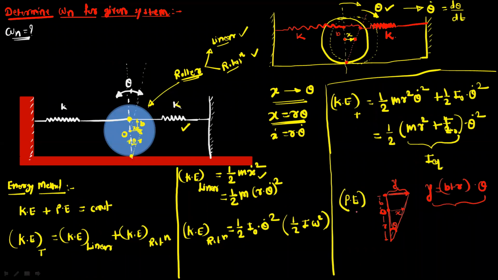So now we find out the potential energy. The potential energy formula is 1/2 of total system K, and deformation of spring is Y square. And there are two springs, so we need to multiply this by 2. So finally, we will get